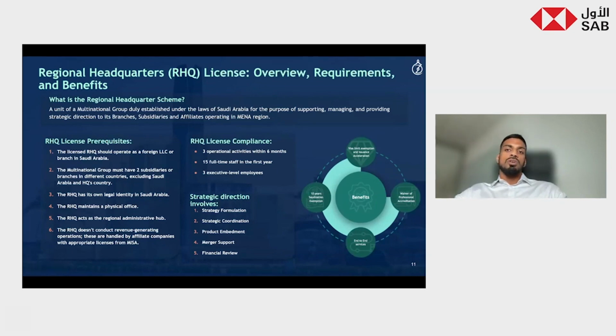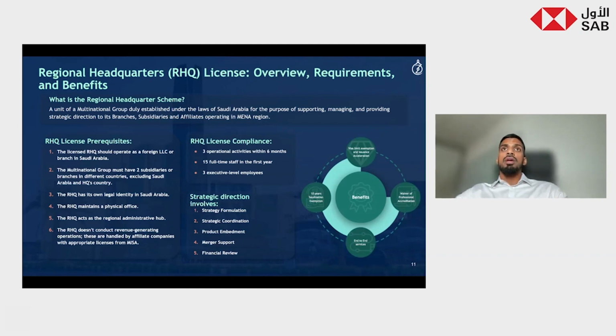So the main purpose of the RHQ is actually to provide direction, right? And that means your strategy formulation, strategic coordination, financial review. You must have certain executive-level employees within the company. But in terms of your commercial operations, or aka your revenue-generating operations, these would be handled by affiliate companies,